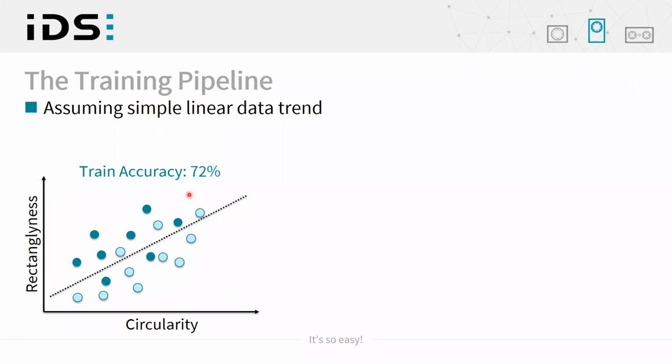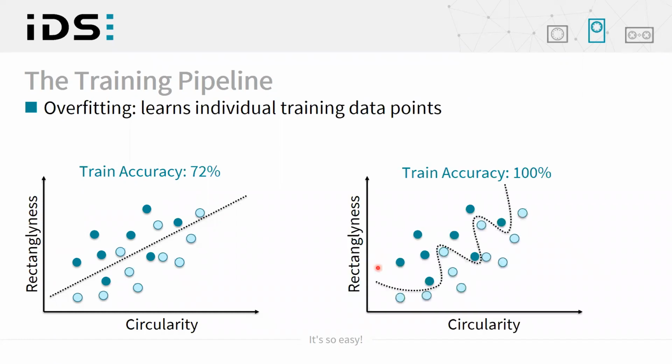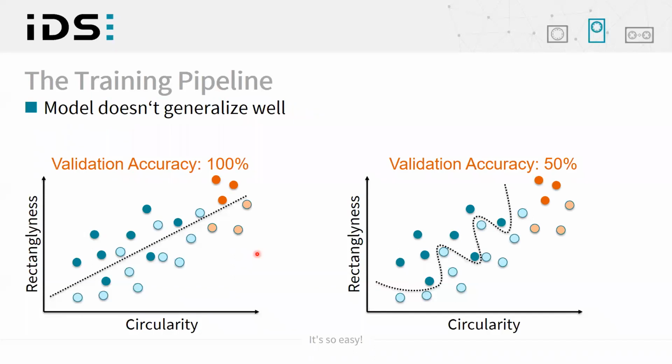The problem now is that our neural network has a lot of information capacity, a lot of free parameters, to come up with a, let's say, more creative rule here. So what can happen is the model learns individual data points by heart. This is called overfitting. You'll have a perfect training accuracy, but the model didn't learn any meaningful rule. And we check this by applying the validation data set in the end.